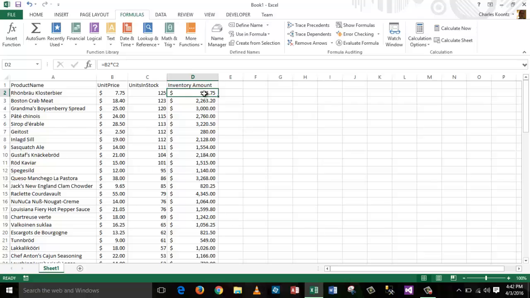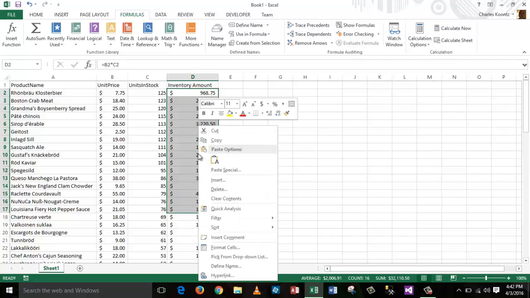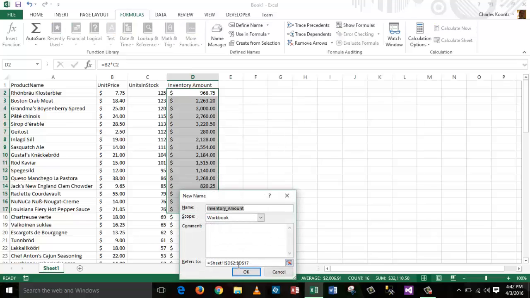Okay, so we're going to go through here and we're going to highlight starting in cell D2 and continuing on down through D17, the inventory amount here, and I'm going to again define a name for this, and I'll call this overstocked amount,